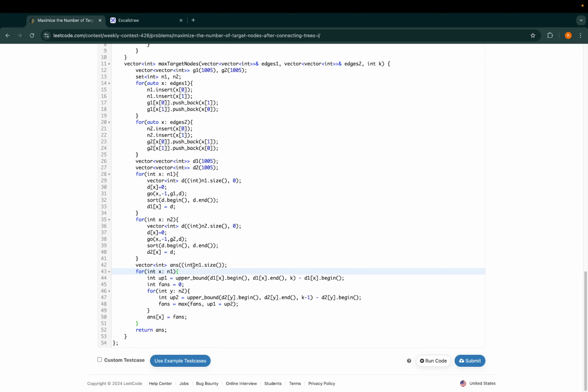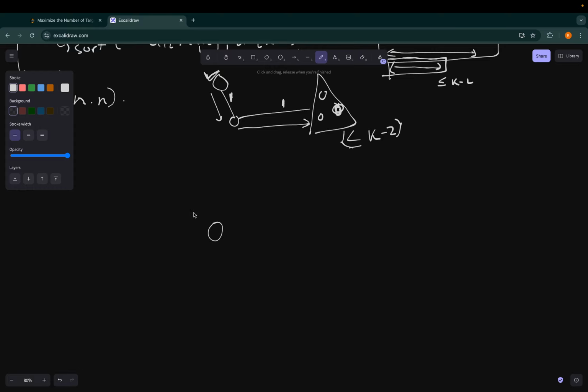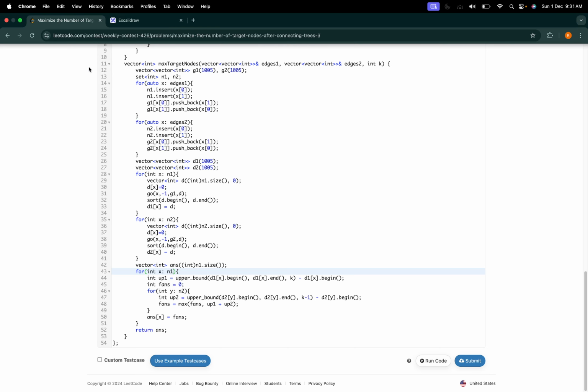For every node I will just make a connection from that particular node. So let's say this is my x that I'm iterating on, and the corresponding distances are contained inside d1 of x, which is sorted. So I want to calculate how many numbers inside d1 of x are less than or equal to k, which you can just do with an upper bound,